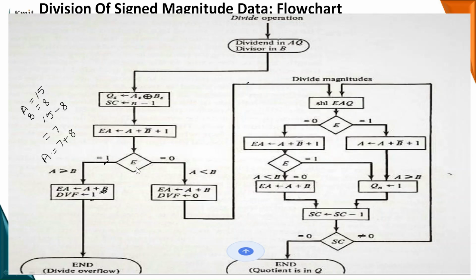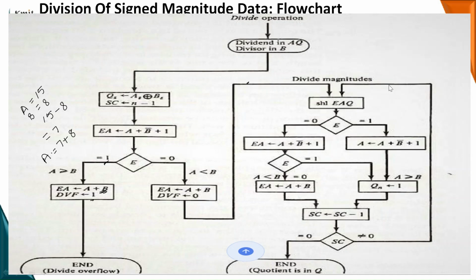So if E value is equal to 0, it means that A is less than B. In that case, here also I have to restore the value of A. So for that I am performing A plus B back to get the original value of A and E. And I am setting the divide overflow flip-flop to 0. Whenever this divide overflow flip-flop is set to 0, it will continue with the division operation on the magnitude part